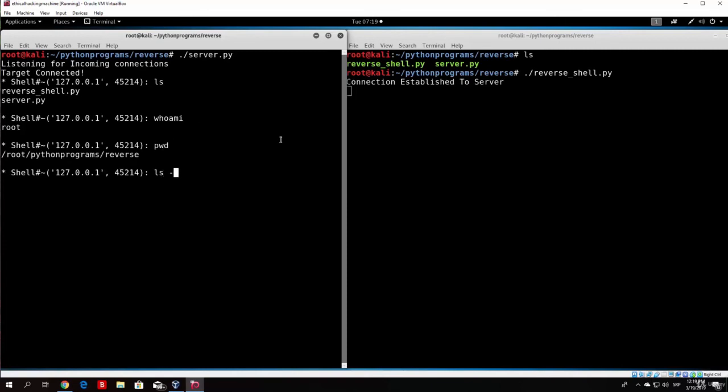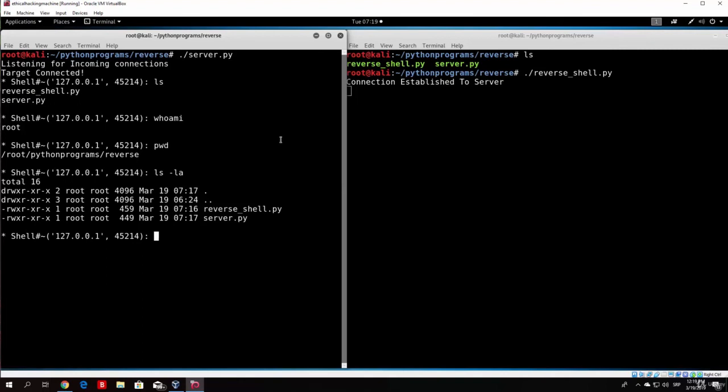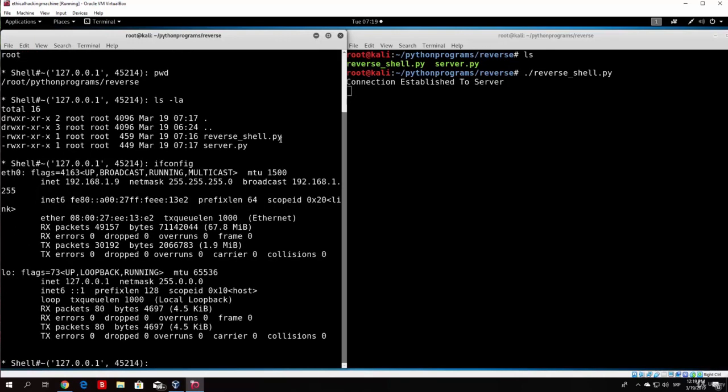pwd, ls -la. But you will notice if I, for example, run a command for ifconfig, okay, so for this as well we get the full output, but you will notice that we only specified the receive function to receive 1024 bytes. But what happens if we actually try to receive more bytes than that? That will actually crash our program. So what we want to do,